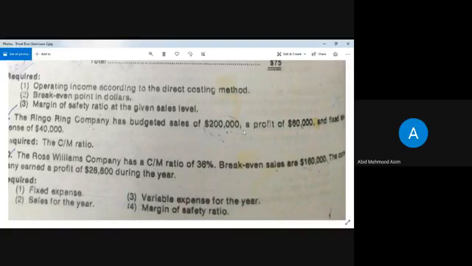Net profit is calculated by deducting the fixed expense from the contribution margin, and going through this reverse process, if we add this net profit with the fixed expense, we will have the contribution margin. So 60,000 plus 40,000, 1 lakh would be our contribution margin. And variable cost is the difference between contribution margin and sales, so when we deduct this contribution margin from the sales, we will have our variable cost.